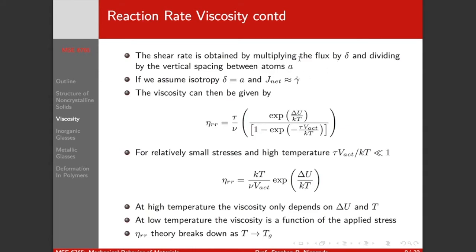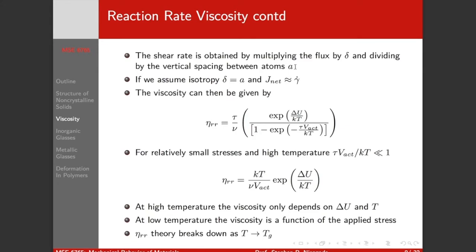So here we've got the flux, the number of jumps per second, which is essentially a velocity term, and the jump distance, which is equivalent to the Burgers vector,